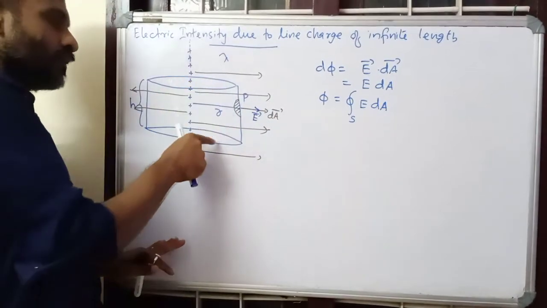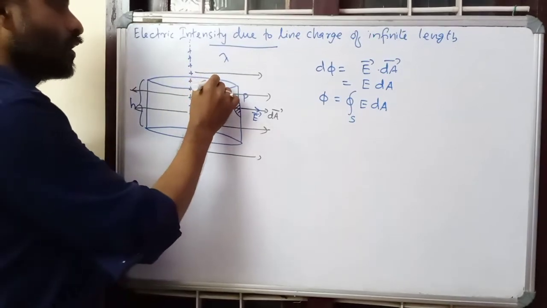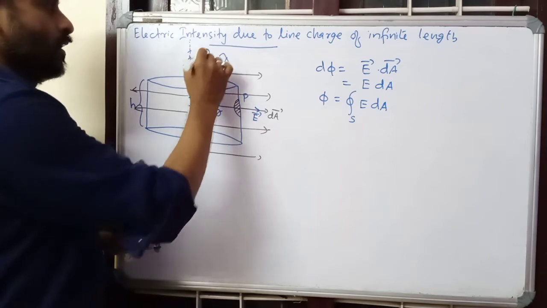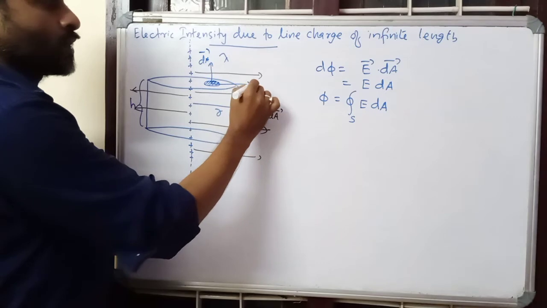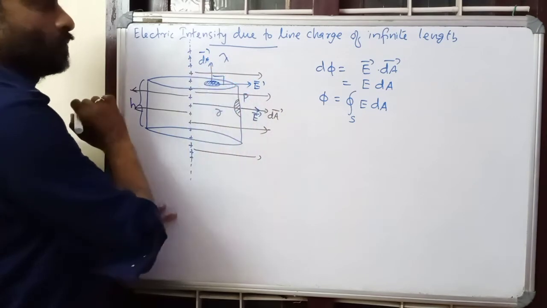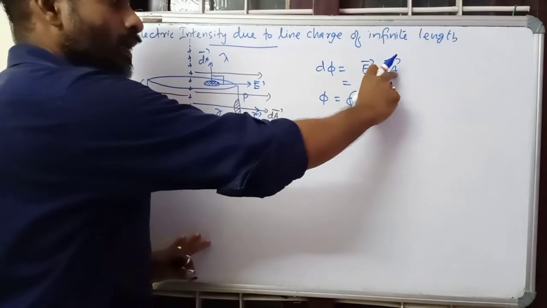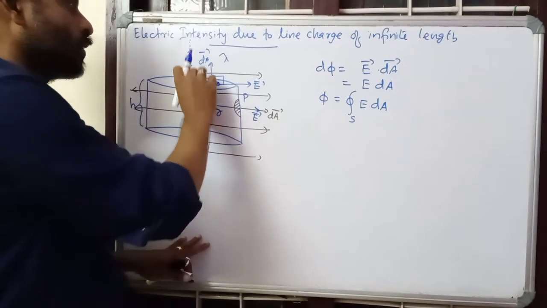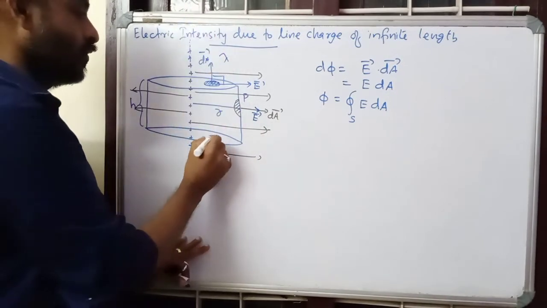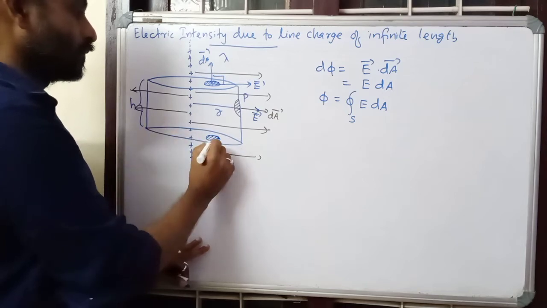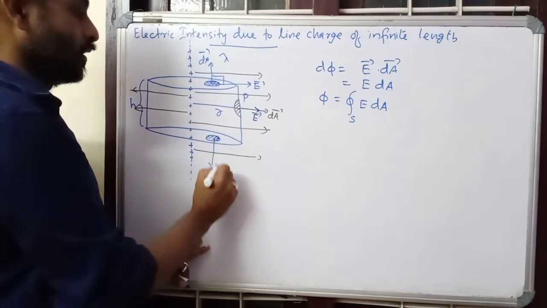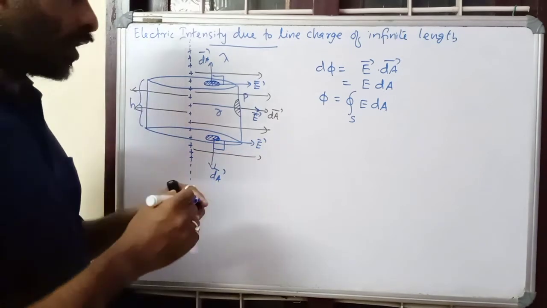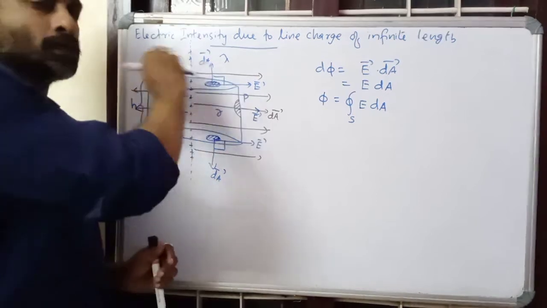Why are we not considering the flat faces? Because if you consider any small area on the flat face, this is a small area. This will be the area vector, vector dA. At this point, what is the direction of the electric field vector? This is the direction of the electric field vector. Both are perpendicular. When you find E dot dA, it is E into dA into cos 90, and because they are perpendicular, cos 90 will be 0. So there is no flux coming through the flat face. Similarly here also, if you take a small area, it is dA. The dA vector is in this direction and the electric field vector likewise. The angle between them is 90 degrees. So no flux comes out through the flat faces, only through the curved surface.